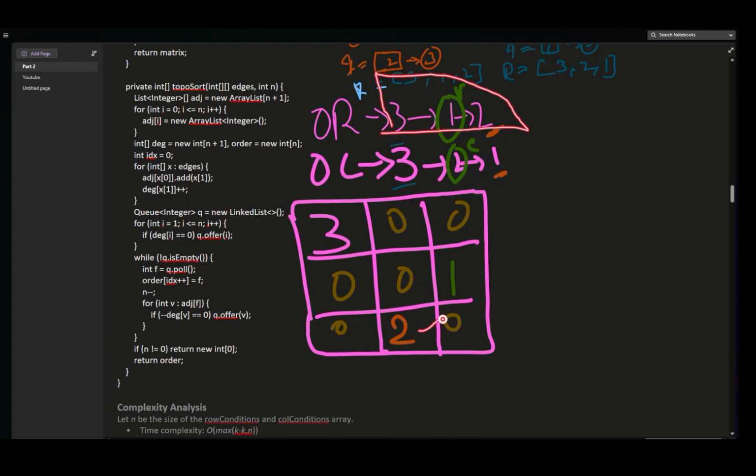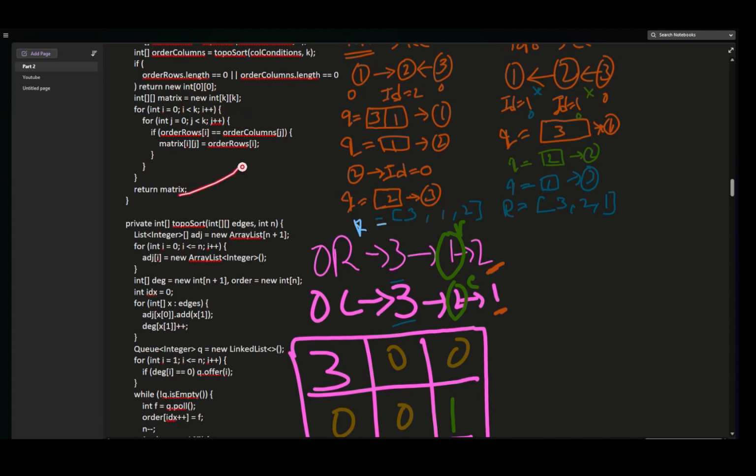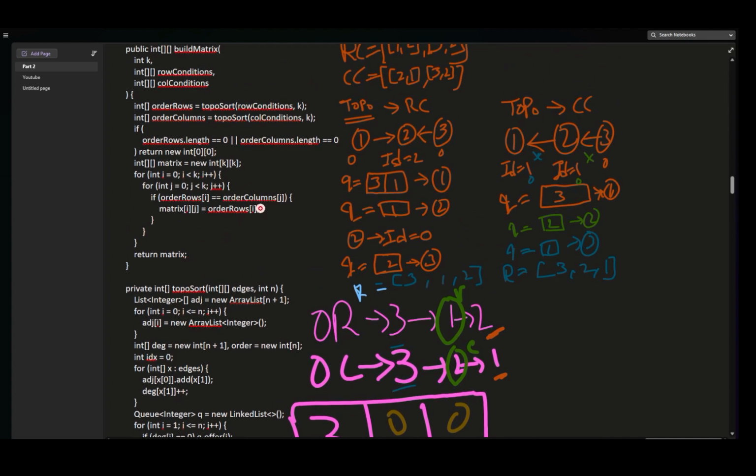So that's the reason for i 2 and j 1, the 2 should be placed there. So we are building that matrix with the help of brute force for k into k, and we are returning that. So the time complexity is